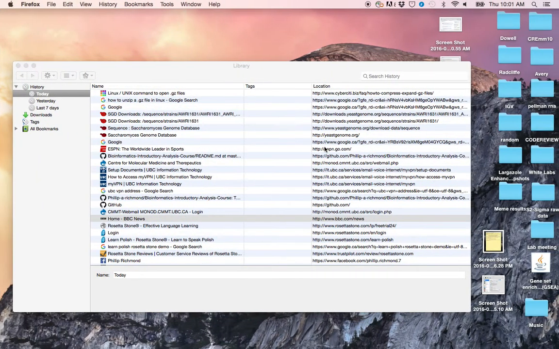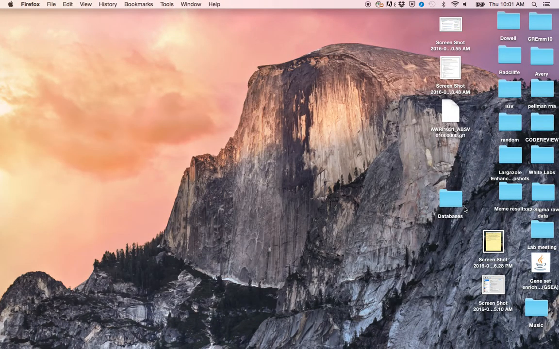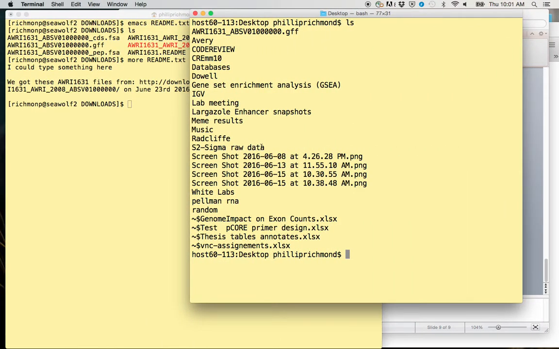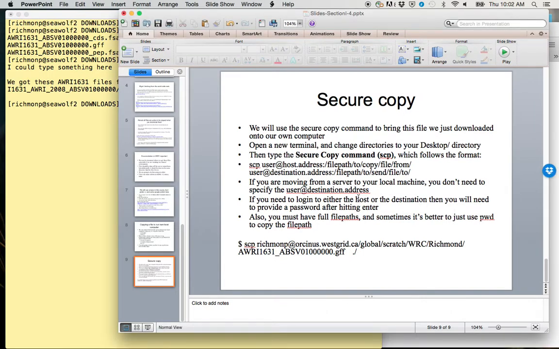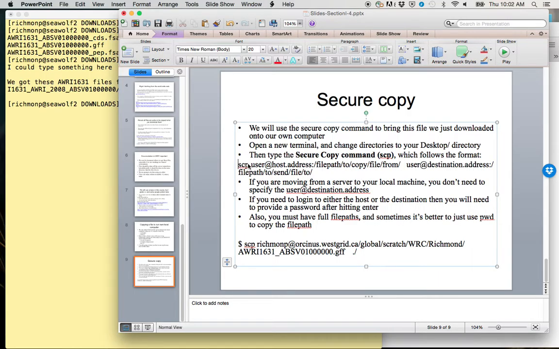These are actually these different files. So if we type clear, we have a nice clean screen. And so when you are using the SCP command, it follows a very specific format. So that format is